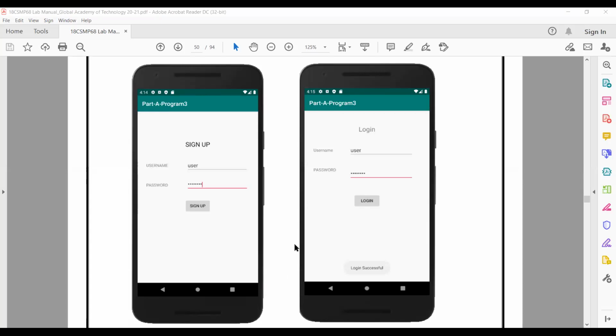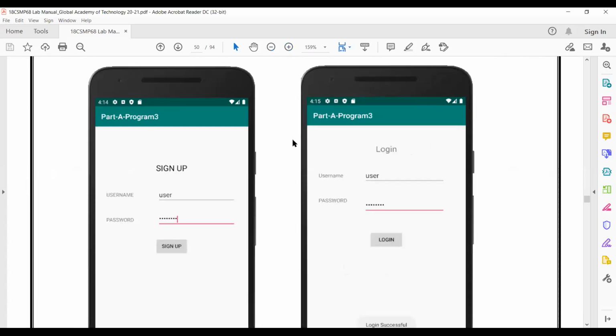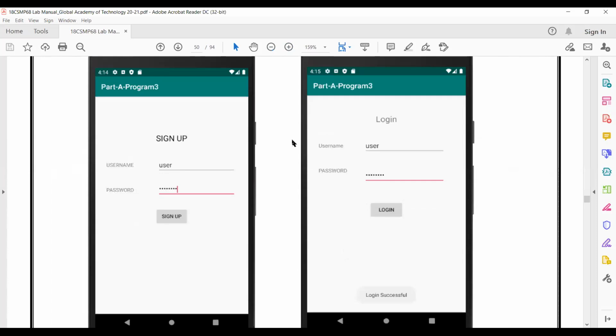Okay. So let me wait for a few other participants. Then I'll start the session. Let me wait for a few more minutes. Meanwhile, students, it is better if you can create these two activities in your XML document.